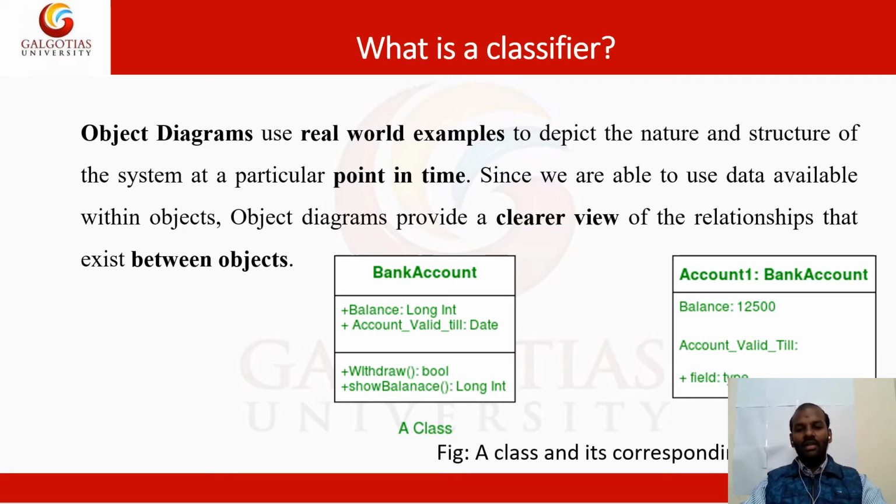Now coming to account one, what are the things that come in account number one? This is actually the instance creation. I just want to know my balance. At that time the bank account creates one object, which is account number one, and they create a balance to check, showing how much money is there, and the account validity, until what date it is valid. That is also going to be explained in detail here.